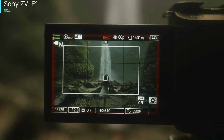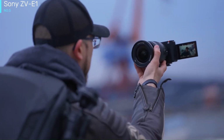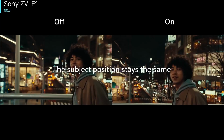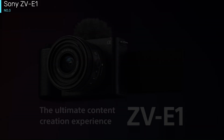Cameras designed for vlogging should be easy to carry and operate, and the ZV-E1 hits the mark. It's Sony's smallest and lightest full-frame camera with in-body image stabilization, with a similar form factor to the Sony A7C, which includes a decent grip and a plastic but durable body. There's also the dumbed-down button layout of other Sony ZV cameras, which includes a defocus button and photo or video